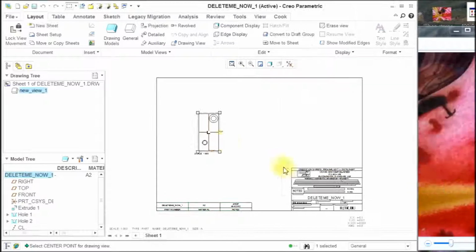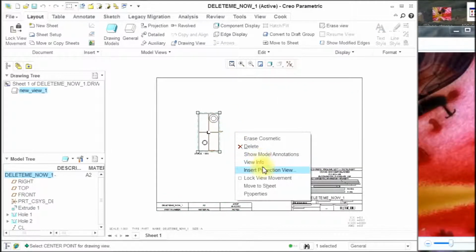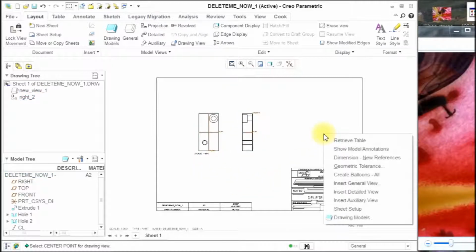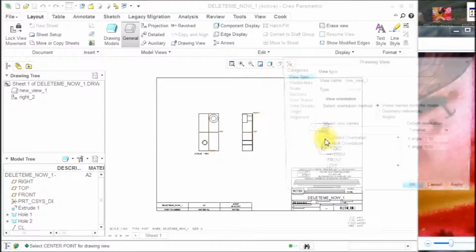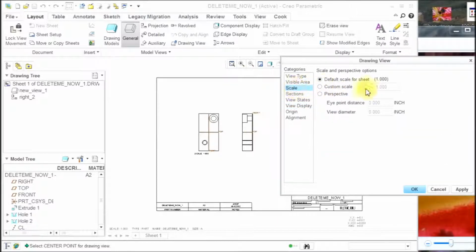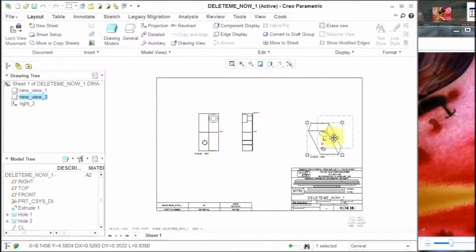Then click Close. While the view is still active, use your right mouse button and insert a projection view. Again, with your right mouse button, we're going to insert a general view. This time the view display, we are going to set to no hidden lines. And the scale, once again, we are going to set to 1. Okay, now that we have our views in place, next let's take a look at